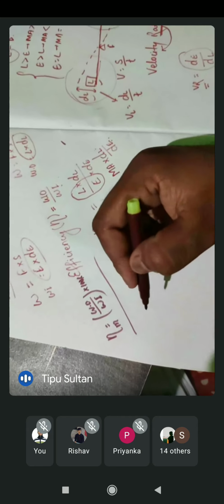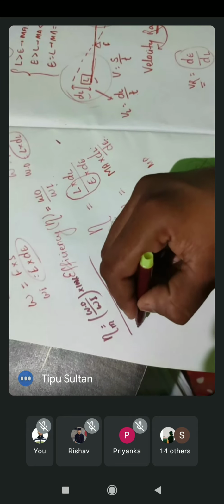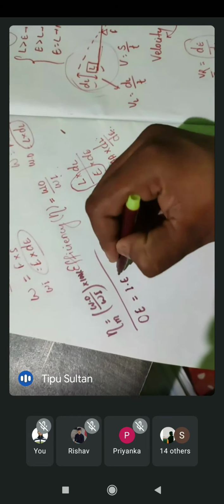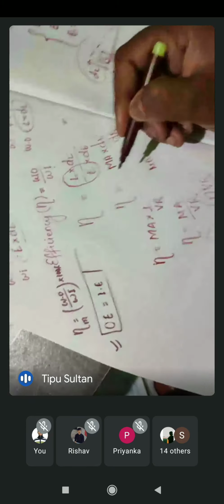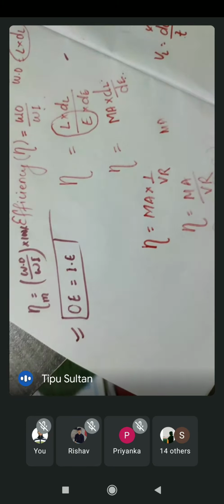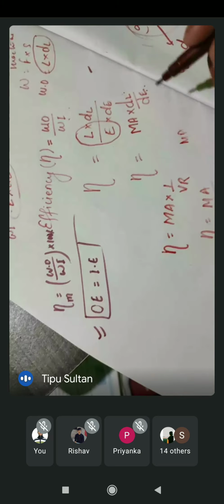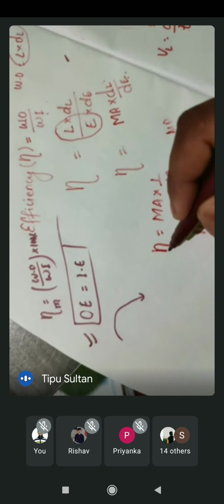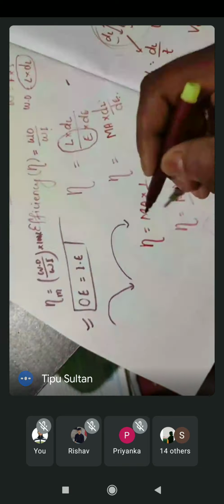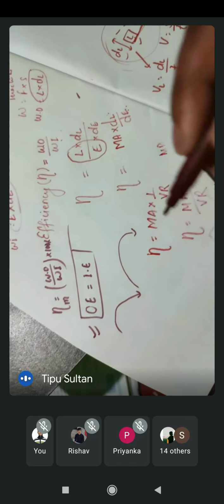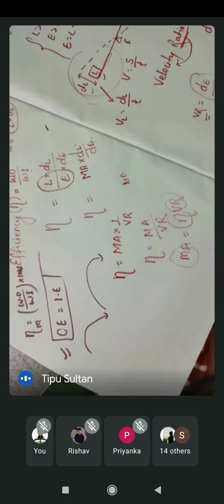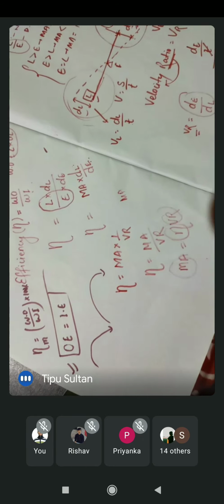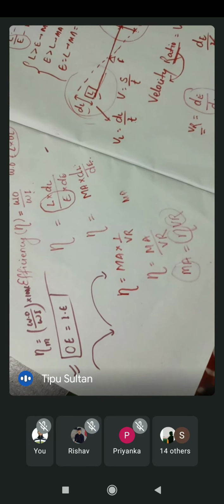Now come to the principle of machine. According to the principle of machine, output energy is equal to input energy. In short you can remember that output energy is equal to input energy. It means the energy given by a person to the machine will be used 100% and the output given by the machine will be equal to it. This is the principle at which a machine works. Is that clear?